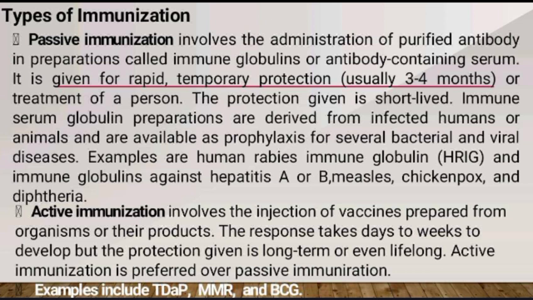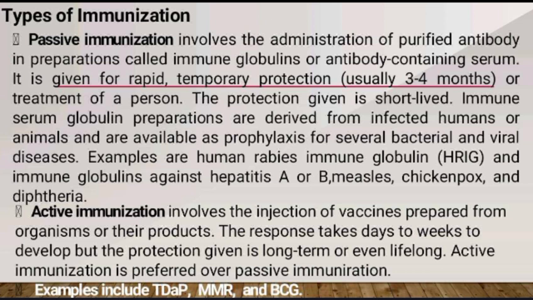Passive immunization involves the administration of purified antibody in preparations called immune globulins or antibody-containing serum. It is given for rapid, temporary protection, usually 3 to 4 months, or for treatment of a person. The protection given is short-lived. Immune serum globulin preparations are derived from infected humans or animals and are available as prophylaxis for several bacterial and